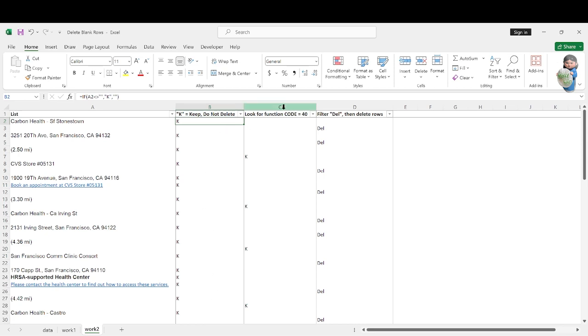Then on the next right hand side column, I put in a formula with a function, CODE. The CODE function is actually showing the number of the character. So each character has a number, right? So in here,